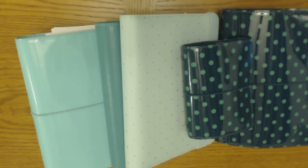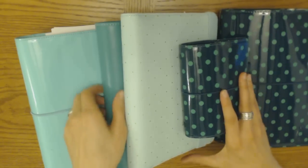For one thing, yes, I was right with my initial suspicion. The rings make it really hard to write. I think this is not a problem limited to left-handed people, because I've seen or heard other people on YouTube that are right-handed comment on how sometimes the rings get in the way. But I think it's a particular problem if you are left-handed, because